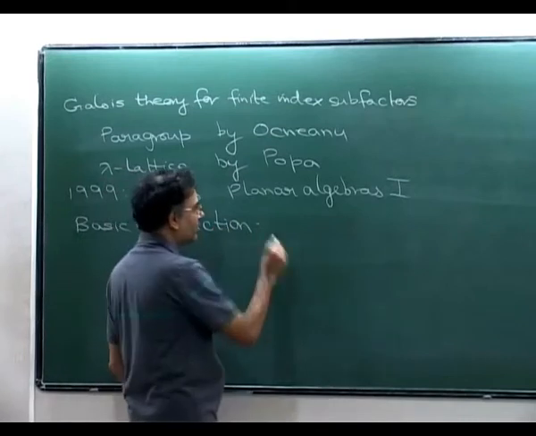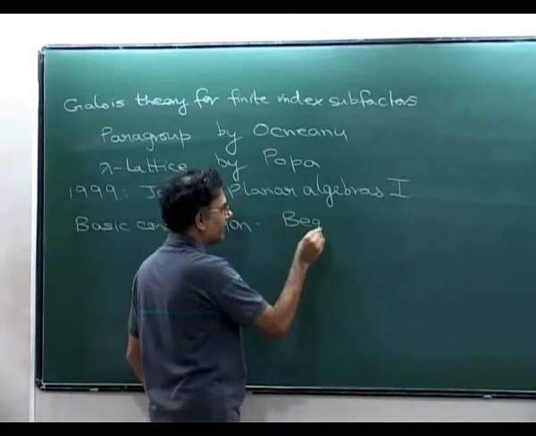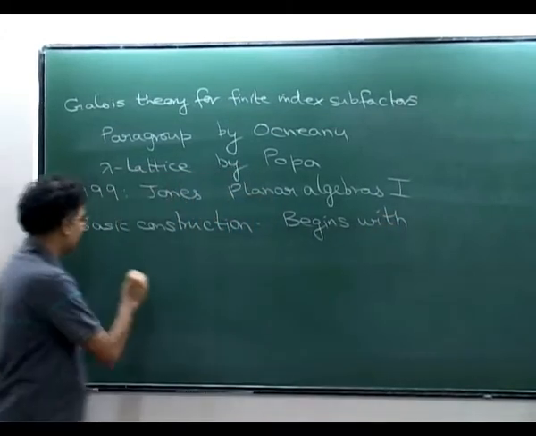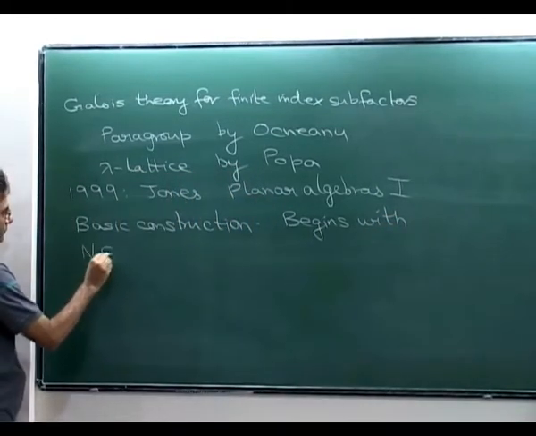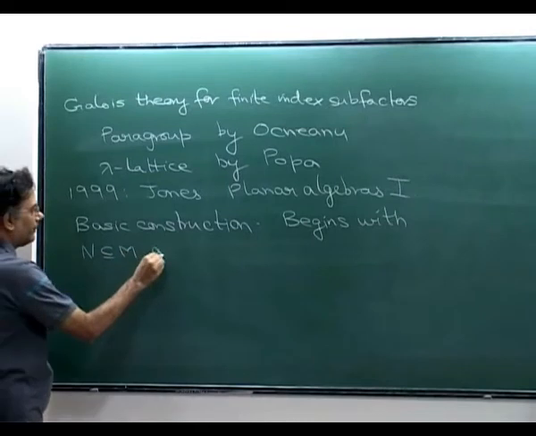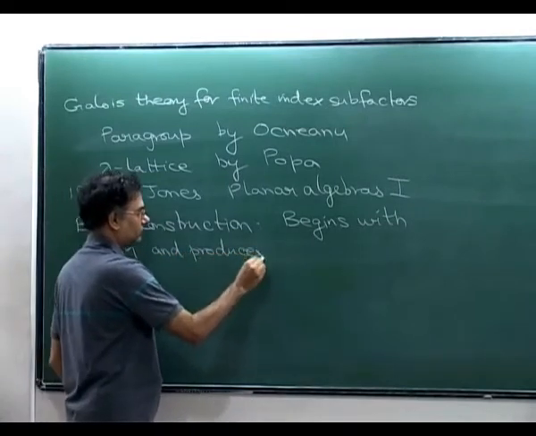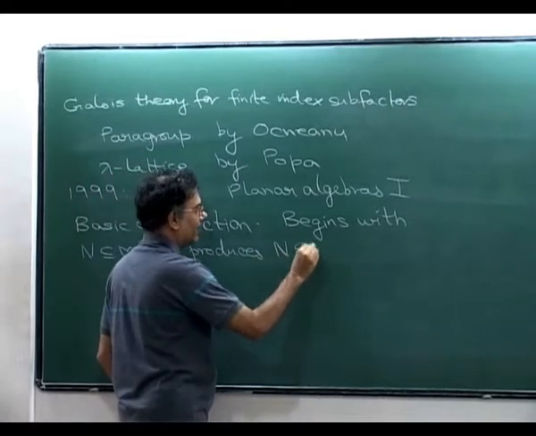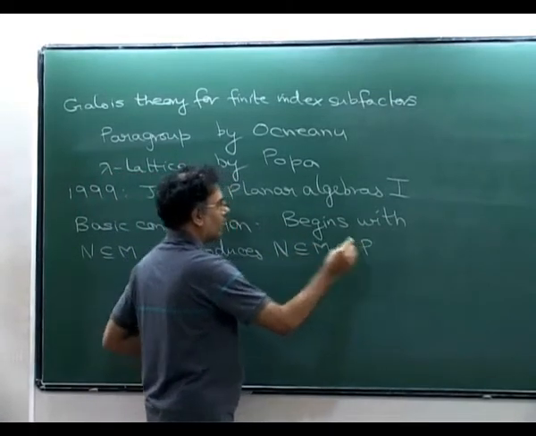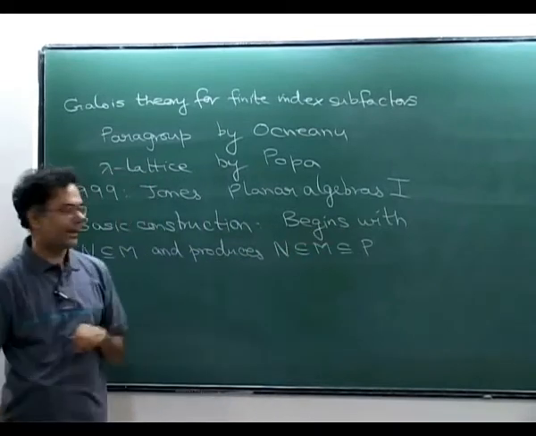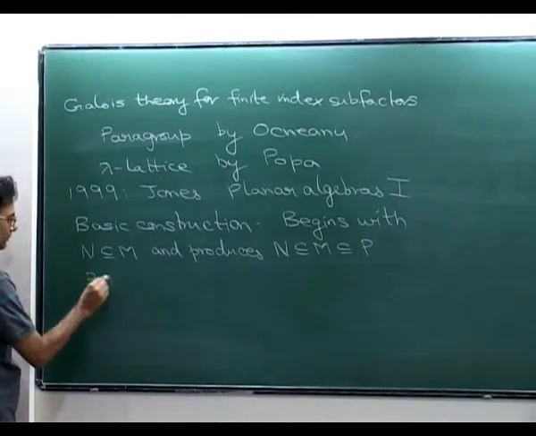What this basic construction does is begin with n in m and produce n in m in P. So somehow he uses this n in m to produce a larger one, where P is also a II_1 factor,